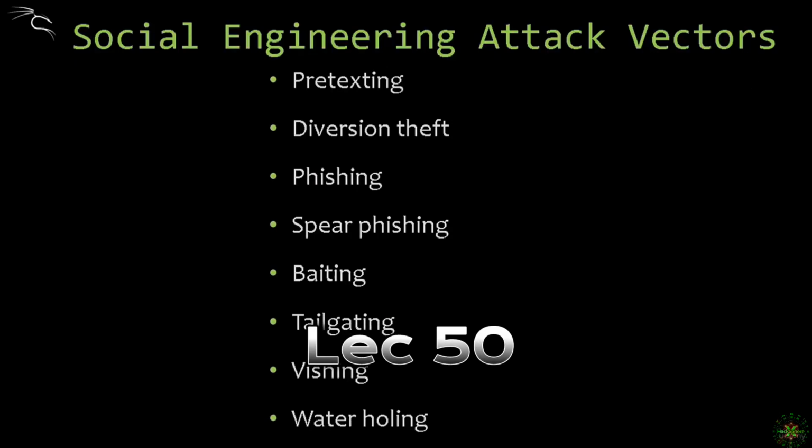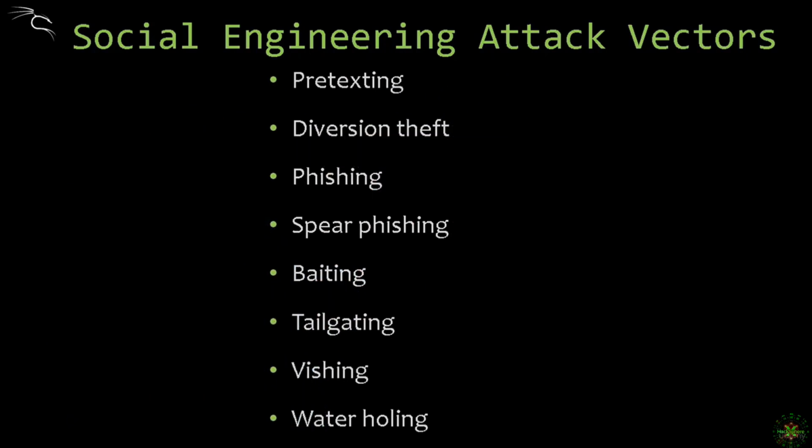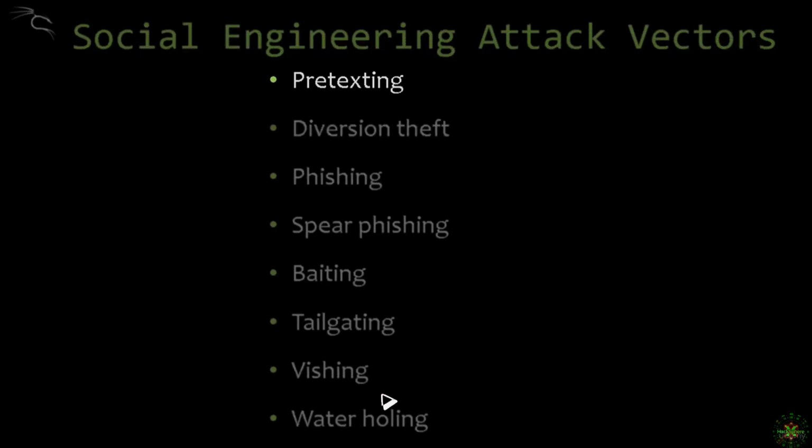Social engineering is the act of manipulating people psychologically so that you get what you need from them. We're not using any technical approaches we learned earlier. The attack vectors can be pretexting, which is the act of creating or inventing a scenario to lure the victim